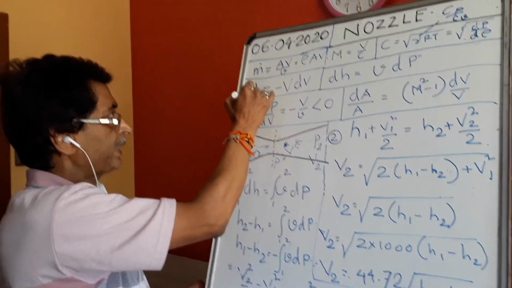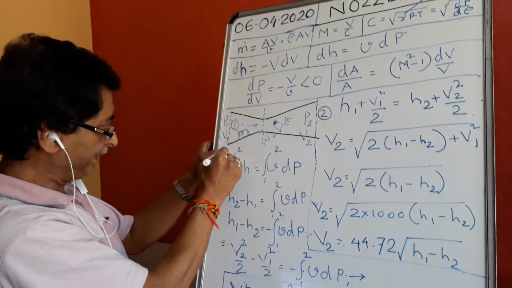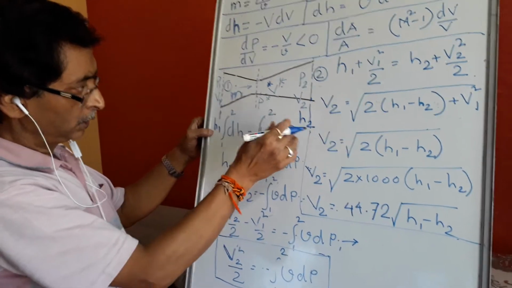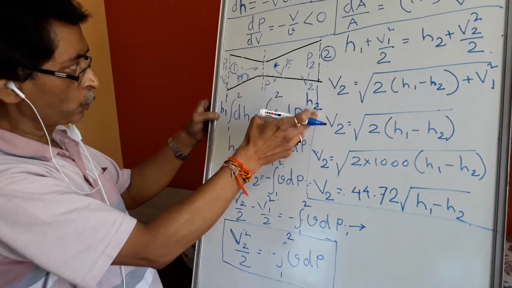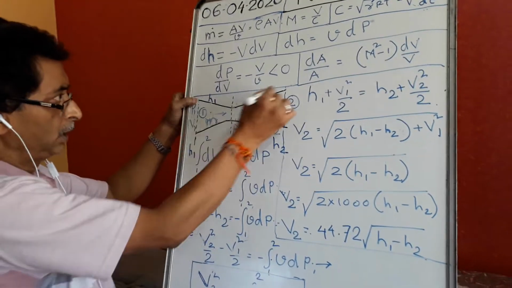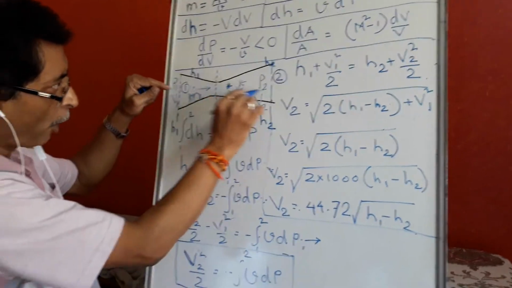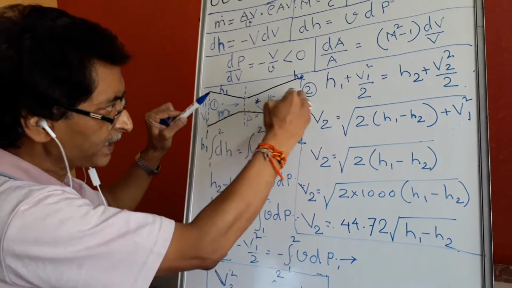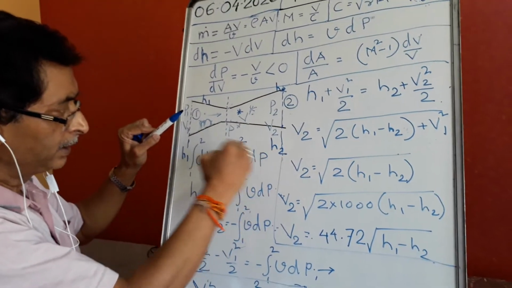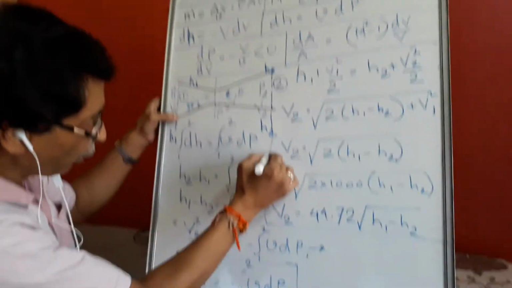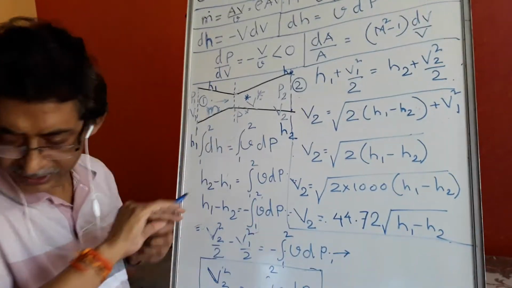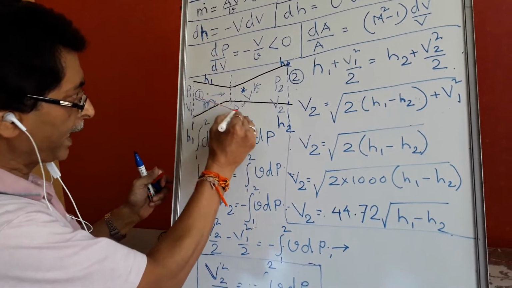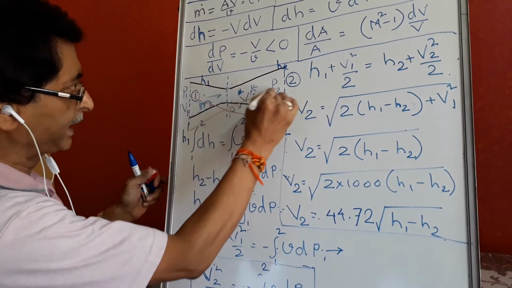Now let us see another equation we have learned. What is the enthalpy at point 1, H1, and what is the enthalpy at point 2, H2. Then what is the difference? H1 minus H2, because enthalpy here is more and here is less. Enthalpy is dropping. So across the nozzle, when the steam is flowing, enthalpy is dropping. Why? Because pressure is dropping. So in the nozzle, pressure will drop and velocity will increase. If you see the graph like that, the pressure will gradually decrease and velocity will increase.